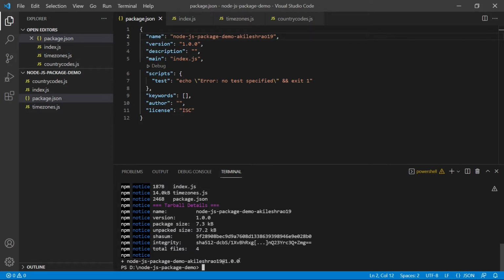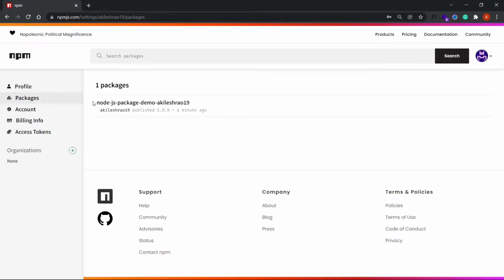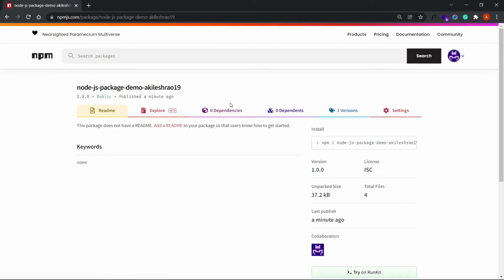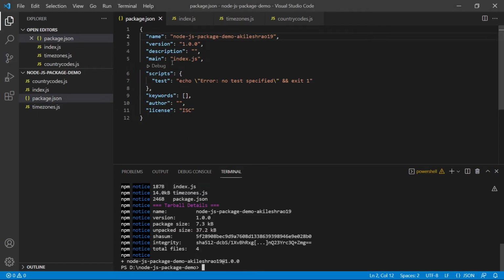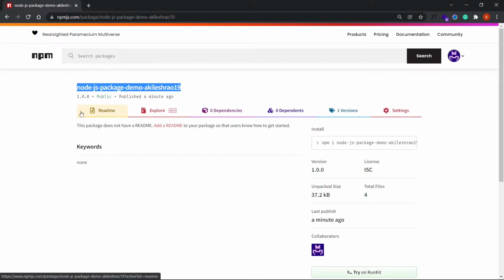And yeah, it actually did work. As you can see here, I get this message saying that my package has been created. So now if I go back to npm, you'll see that this package is created over here. You can't really see anything inside this package because I didn't add a description or a readme file. If I want a description inside this package, I can pass it inside this key, or I can create a readme.md file inside the package directory. So this is an unscoped package.